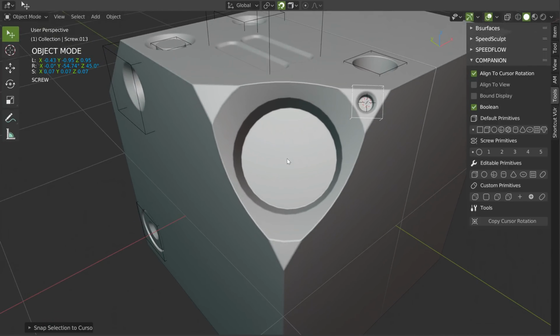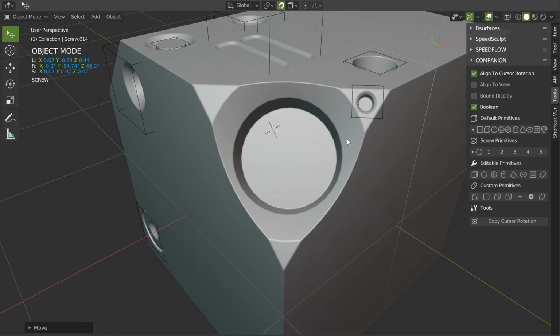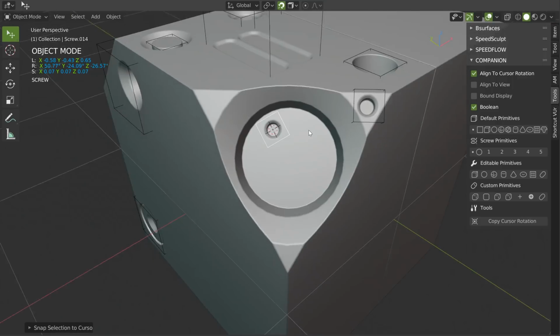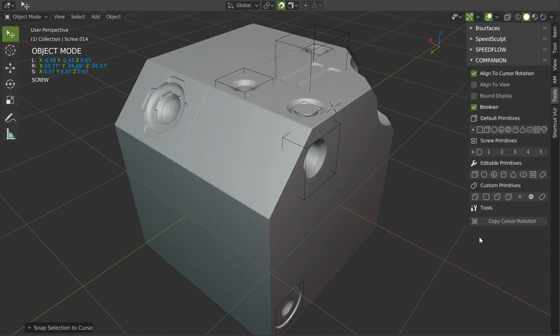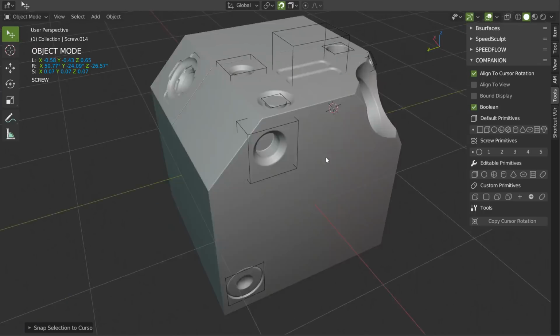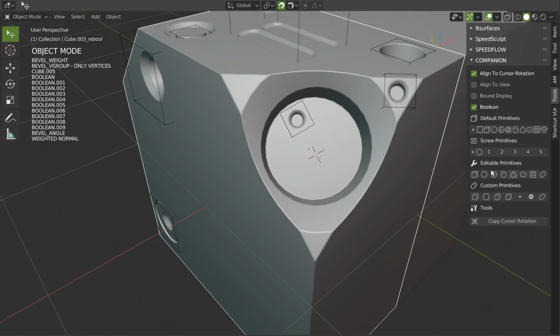Like that I can do, for example, this, and duplicate this one. Boolean. Up. Copy cursor rotation, Shift S, boom. Yes, it's a good idea. As you can see, I can add as many tools as I want, so this is a good idea, in fact. Yes, I'm pleased with that.